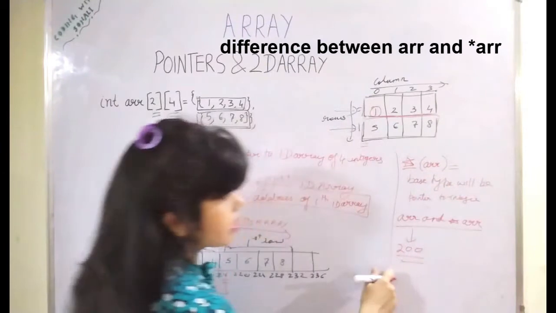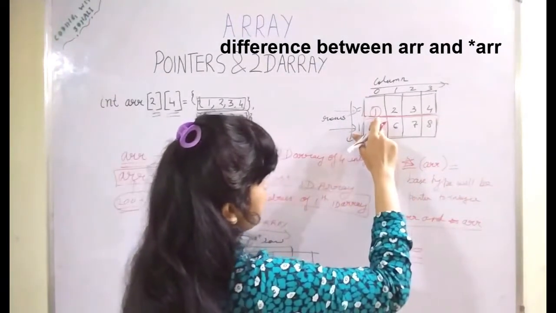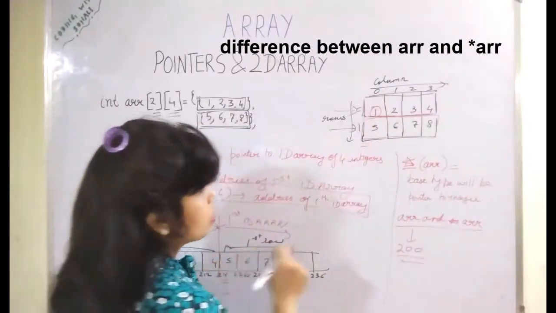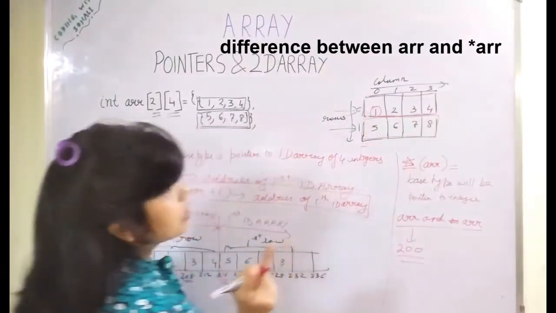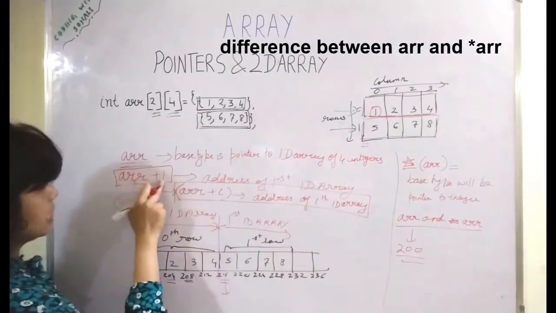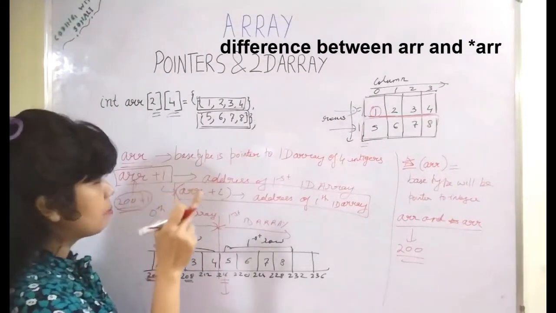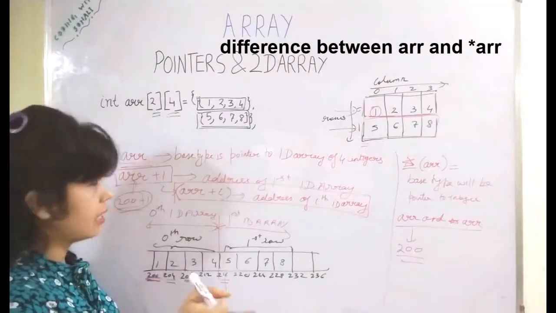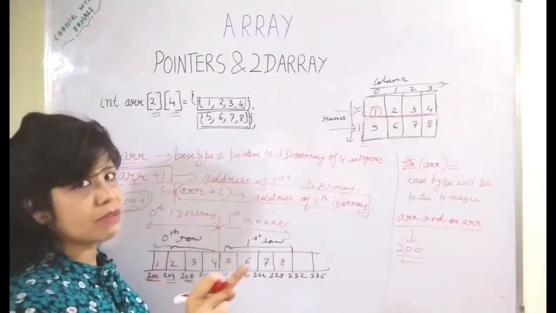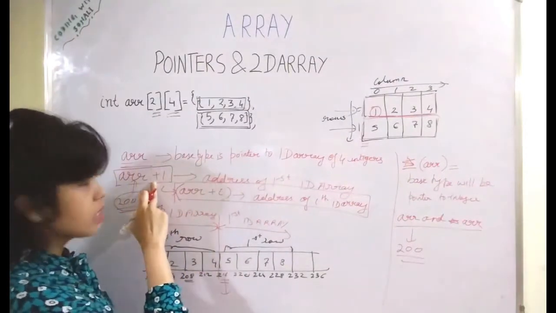It will give you the address as 200, because the address of the 0th element of this 1D array itself is 200. So you will get the same, but it will matter when you are performing operations on it. Since we have seen, if we add 1 to this ARR, the base type is a pointer to the 1D array. So accordingly it will add that many bytes, which are taken for this 1D array. So it depends upon what the base type is.